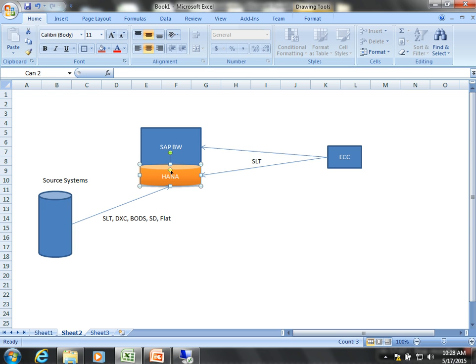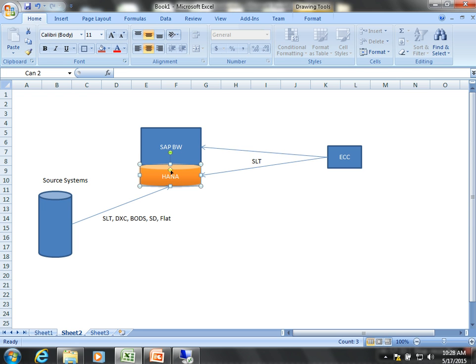But what about average, standard deviations? If you want to go with reference characteristic, latest value, those are still not available in the HANA modeling flexibilities. So in that case, I start up with HANA as a data mart, I end up with some scenario where I'm not able to implement, and I go to the customer saying, I'm not able to implement this point, can you buy BW now?